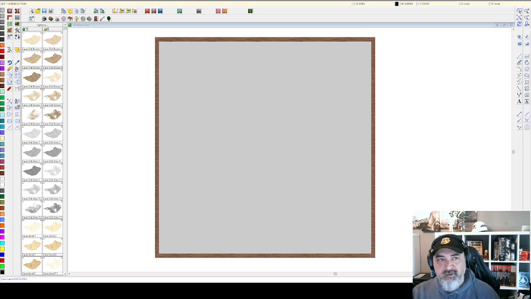Right now, there's nothing here. So if you're up along the top of your menu, it is cut off on my screen. I'll get that fixed for next broadcast. You'll have File, Edit, View, Draw, Tools, Symbols, Dungeon, Info, Help. You can access everything that you need to draw and alter and do anything with your maps through those